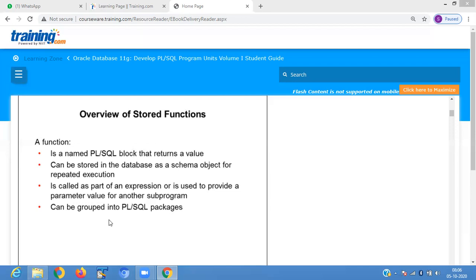It is called as part of an expression, or it is used to provide a parameter value to another subprogram. It means when you call the function, you can give a parameter value.